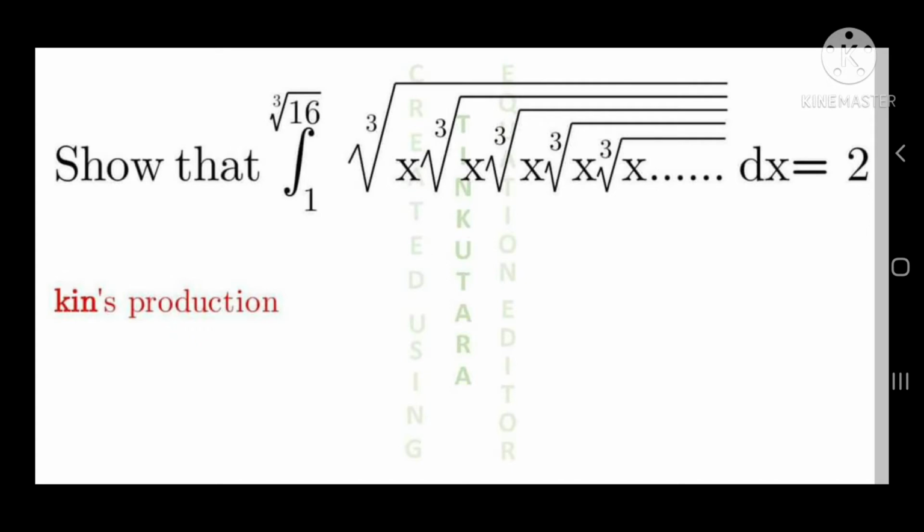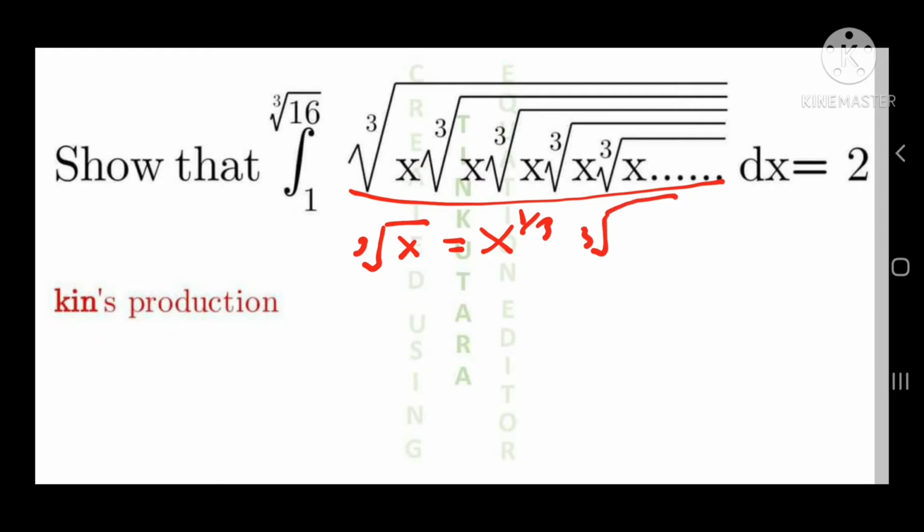Today we'll be looking at the integral of an infinite term, and here is our infinite term. The infinite term is a cube root of x. So that means that for the first term we'll have the cube root of x, which can be written as x exponent 1 on 3. So the second term will be a cube root